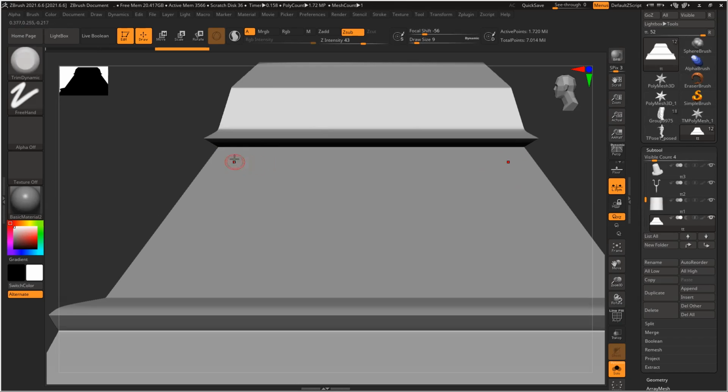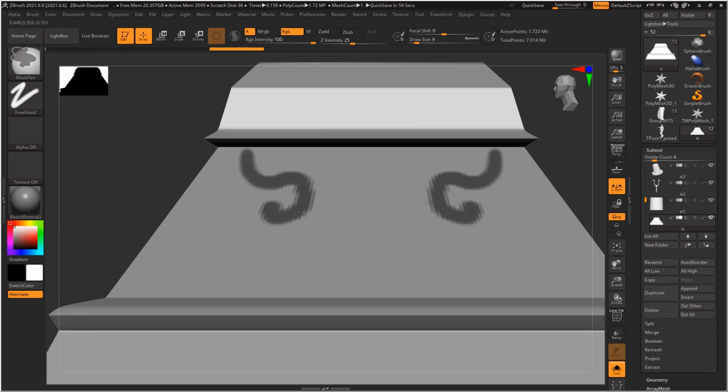Increase the brush size. Slightly too big.